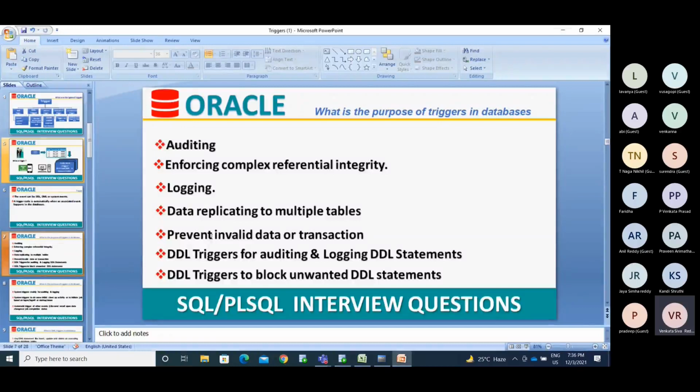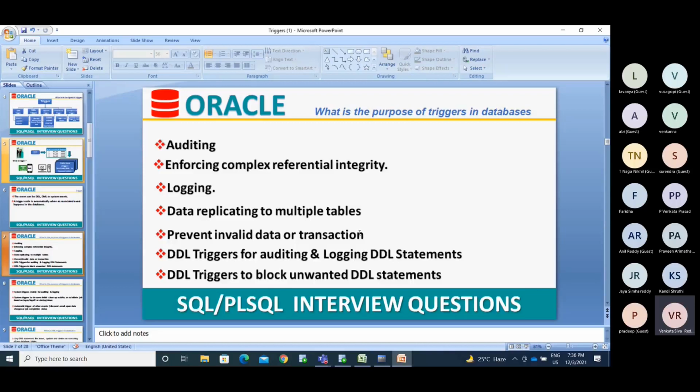Okay, so prevent invalid data or transactions. To restrict invalid transactions or data, I need to insert valid data, and you can put some conditions.